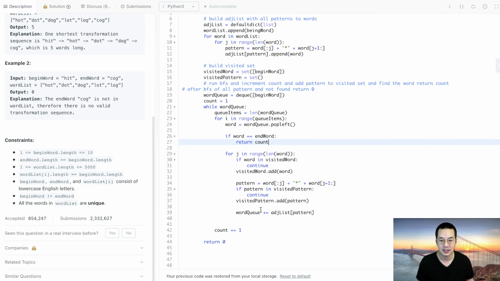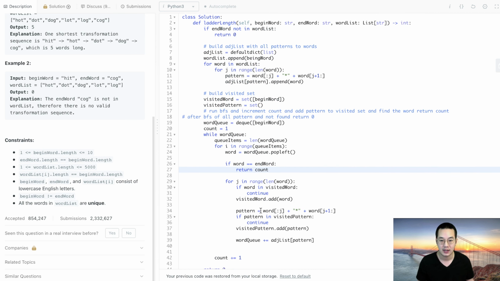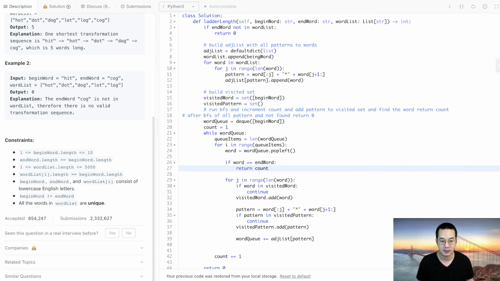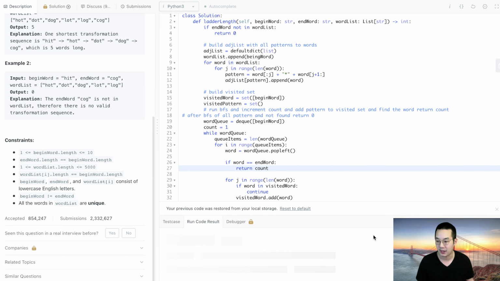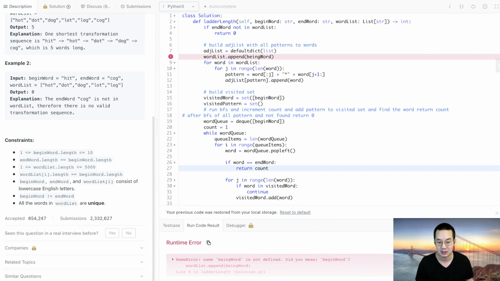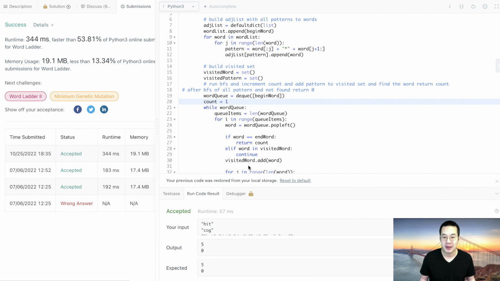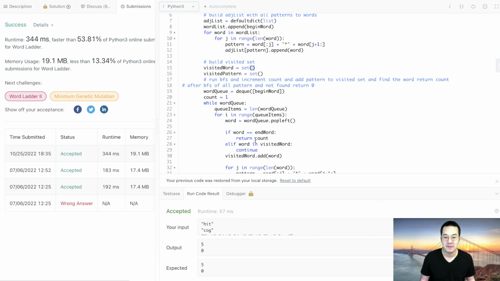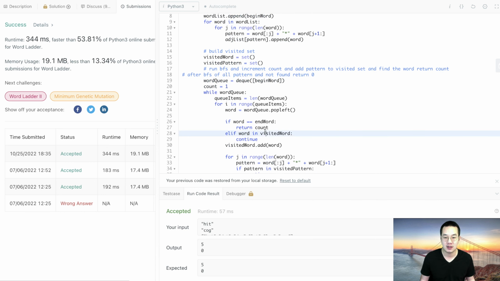Let's run it and see how far we got. I'll have to take a pause because there might be bugs, and I will have to debug them. And this video has gone past 30 minutes, so pause. Hello there, and we are back. So this problem was that we had the beginning word in here in the visited words, and because we're checking both the visited words and the visited patterns, when we saw the visited word here, word and visited word for each queue item,